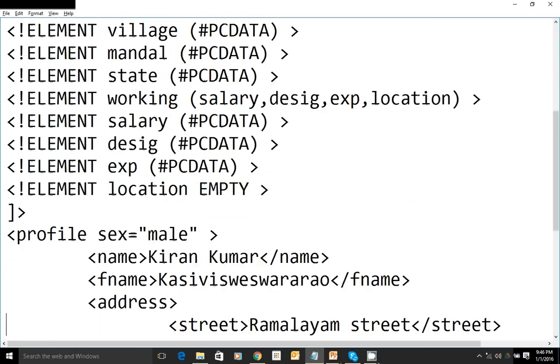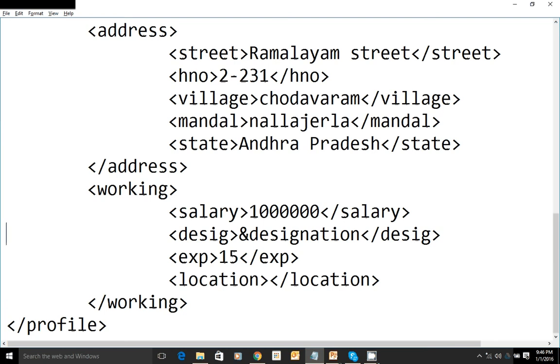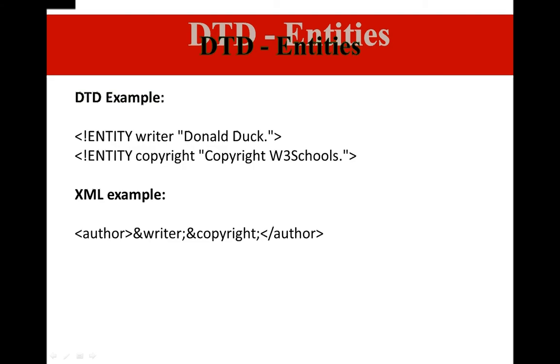So where and when you place ampersand designation, it is replaced with professor. Instead of saying professor every time, you can use ampersand designation. Okay, this is how entity references are useful in a DTD.